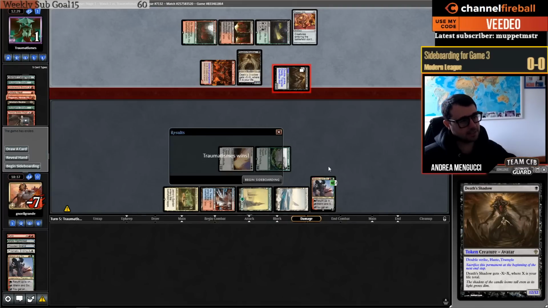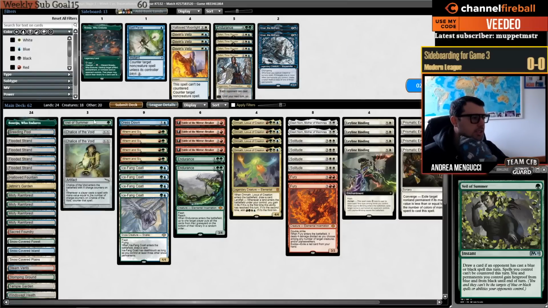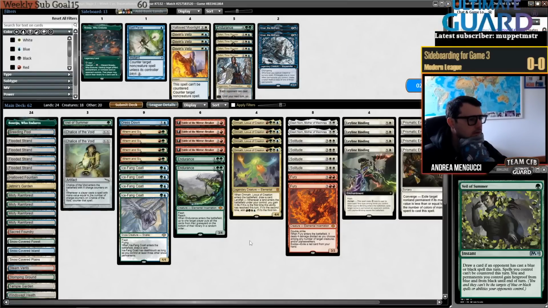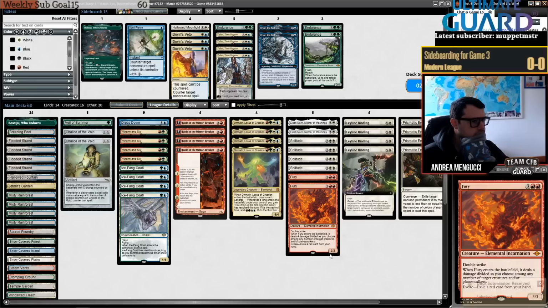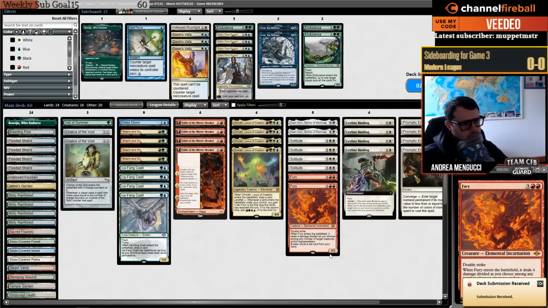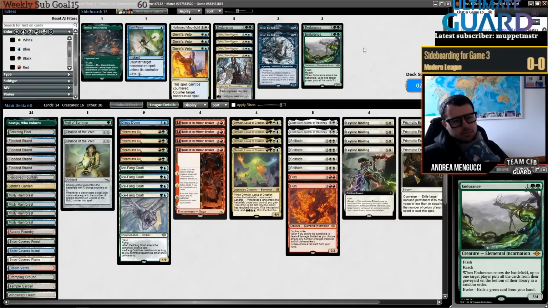Game 3, finally on the play. I'll bring in the Chalice of the Void, I think. I think at the Endurances. I mean, they do have a Null Rod and such. It's just not a good card. It's just, if you have bad cards, you can bring it in. But otherwise,